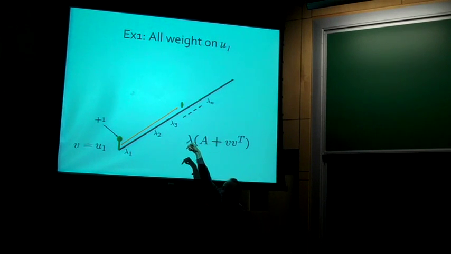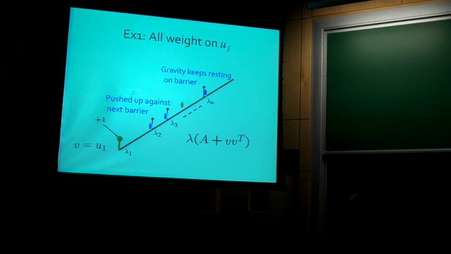Now you're wondering, how do I relate this to interlacing? This is the wrong picture to have in your mind. Really what's happening is this eigenvalue that was here got pushed up until it hit this barrier. And the next one got pushed up until it hit the next barrier, and the next one pushed on it. That's the right picture to have in your head for what happens with the rank 1 updates. The reason it can't push past this barrier, even though it has 0 charge, or we're going to have 0 over 0, makes a problem. So you don't get to push them past the barriers.